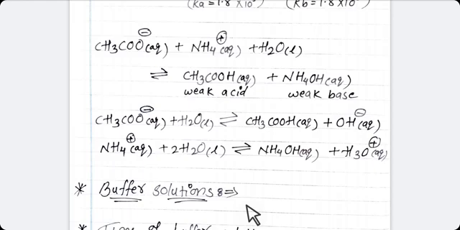A buffer solution is a solution which resists drastic change in pH. It means when you add the buffer solution to any substance, there is no change in the pH of that substance. Whenever you add a small amount of strong acid or base or water, or anything, to this solution, there is no change in pH. Why? Because you are using the buffer solution in that substance.